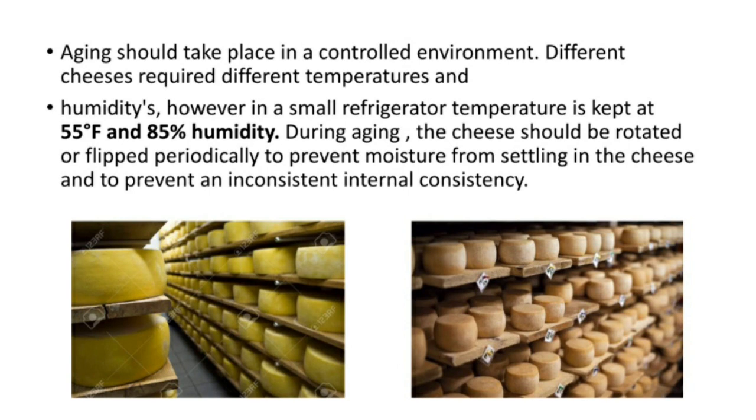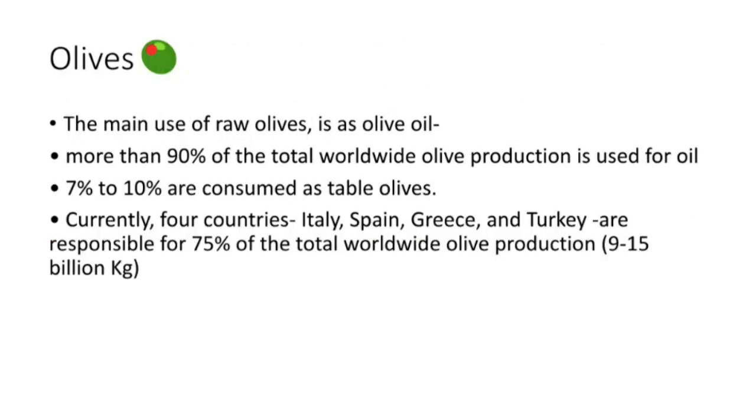Aging should take place in a controlled environment. Different cheeses require different temperatures. Humidity, however, in a small refrigerator, the temperature is kept at 55 Fahrenheit at 85% humidity. During aging, the cheese should be rotated or flipped periodically to prevent moisture from settling in the cheese and prevent inconsistent internal consistency. Now we will move on to the fermented